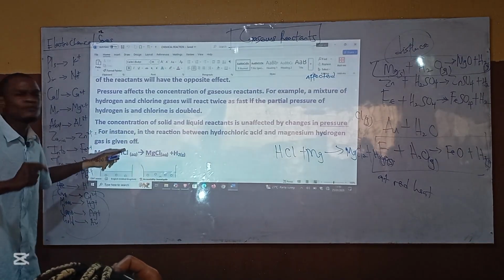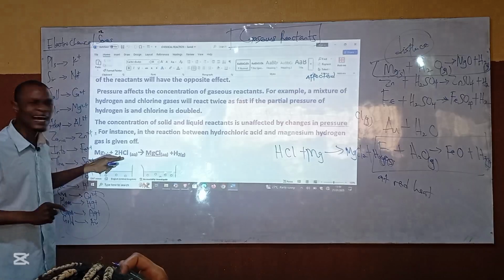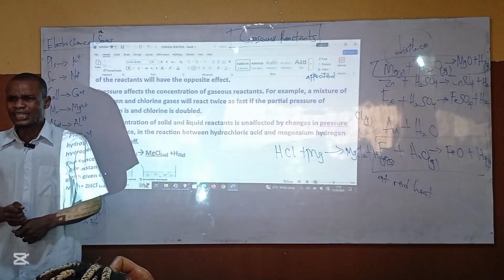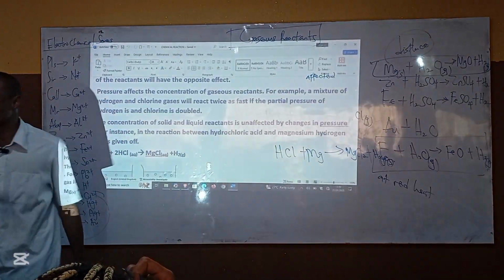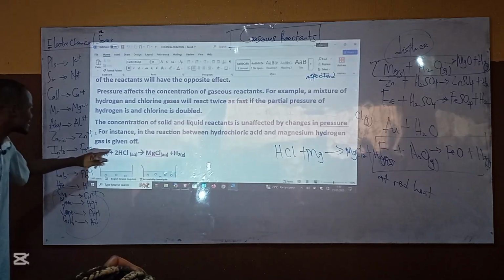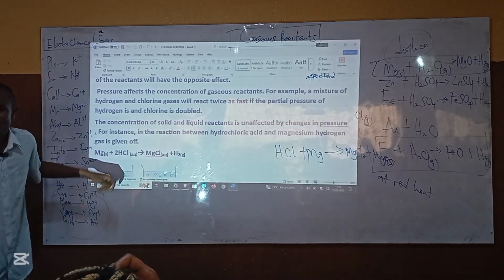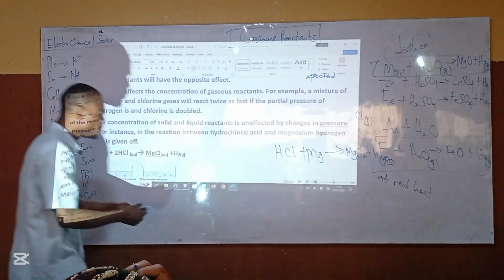But look at it now. Hydrogen gas will be given off in time if this acid is very, very cold. If they open a concentrated acid in a room, you don't want to stay there. If this acid is very concentrated and you now cut magnesium ribbon into it,